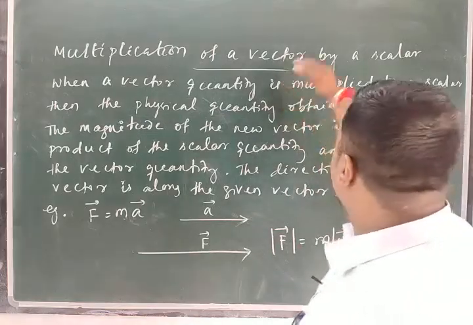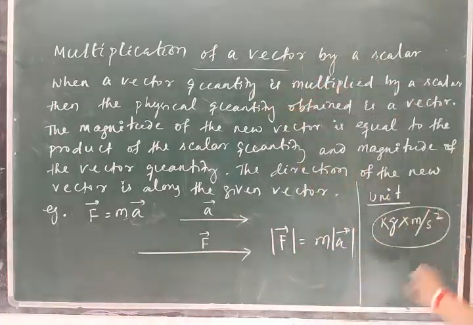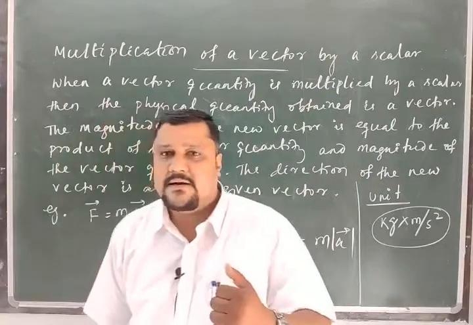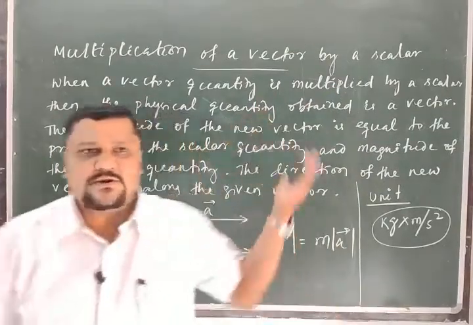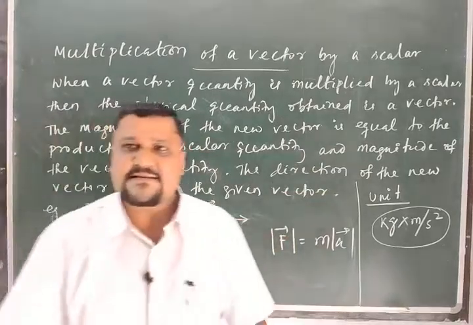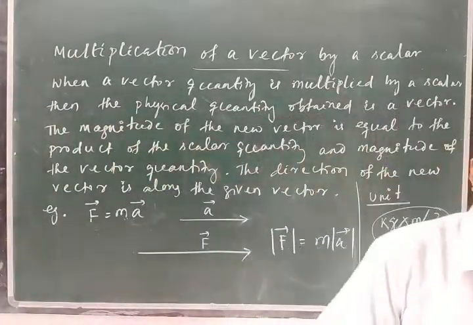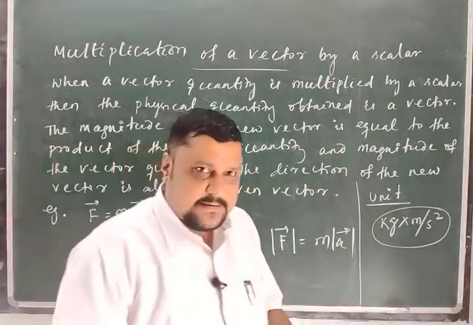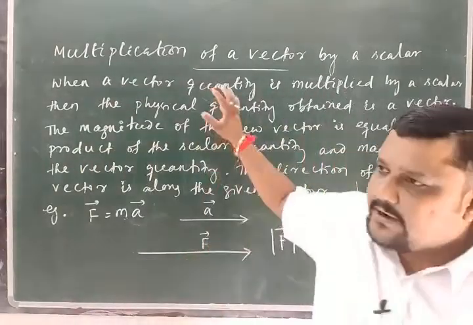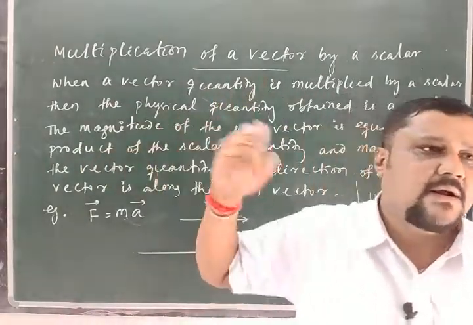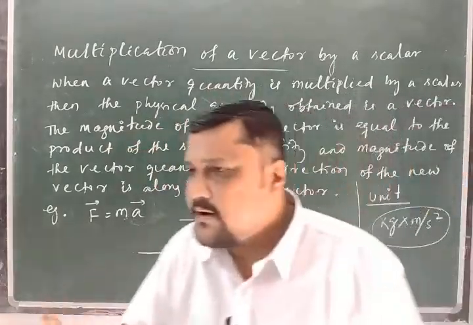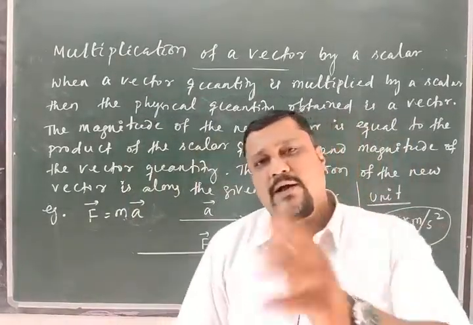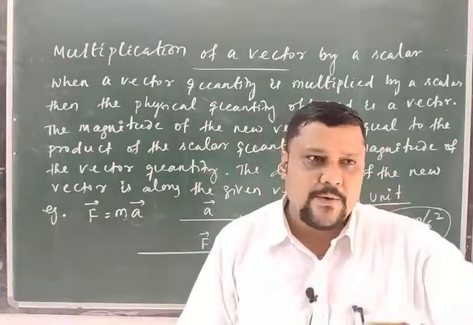This means when we multiply a scalar with a vector, it changes the unit part. But when you multiply a real number with a vector, it does not change the unit part. It changes the magnitude but keeps the same direction. The basic difference is that when a scalar quantity is multiplied with a vector, it changes the unit part. Clear? So students, we discussed the multiplication of a scalar with a vector and of a vector with a real number, and we know how the magnitude and direction of the new vector change. I think it is clear to you.